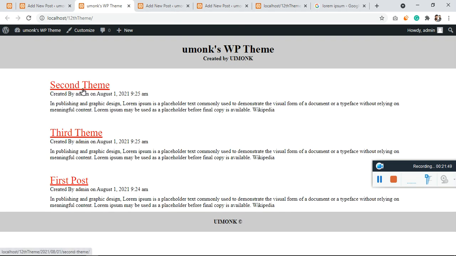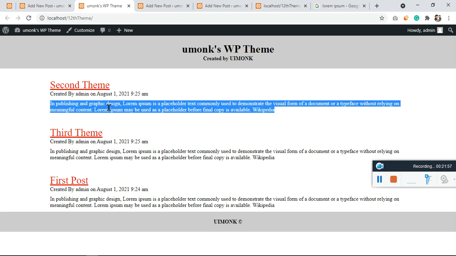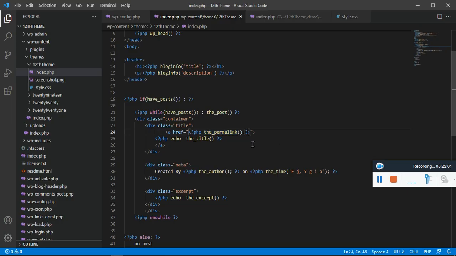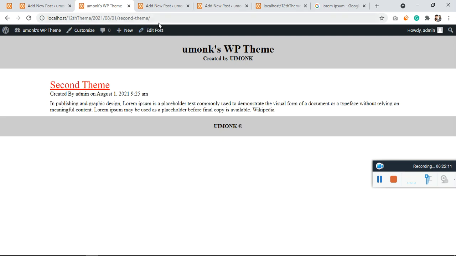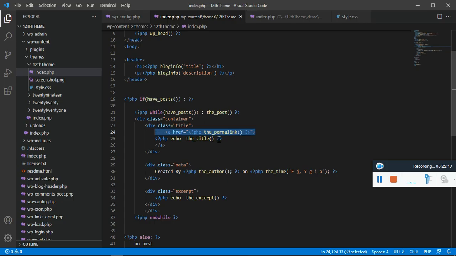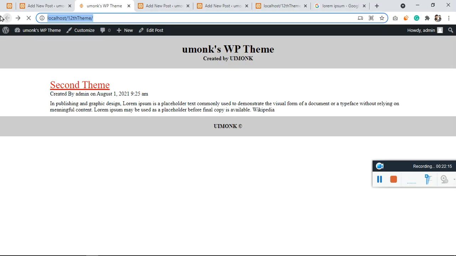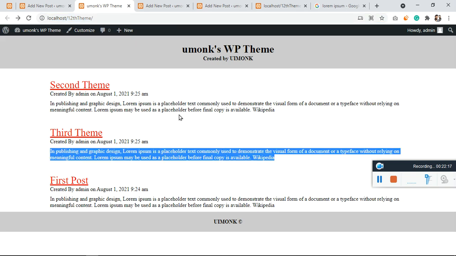This is the title, this is the author, this is the date, and this is the excerpt. And if you see, this is a link. This link is because of this permalink. If I remove the permalink, the anchor tag, and click on this, it will take me to the post page. That is because of this permalink.